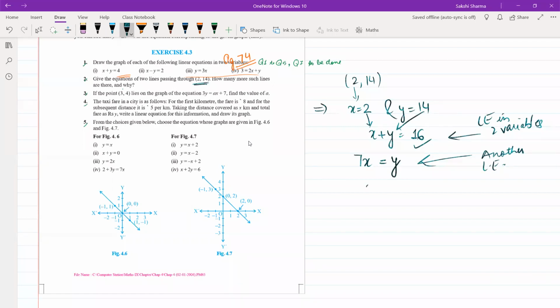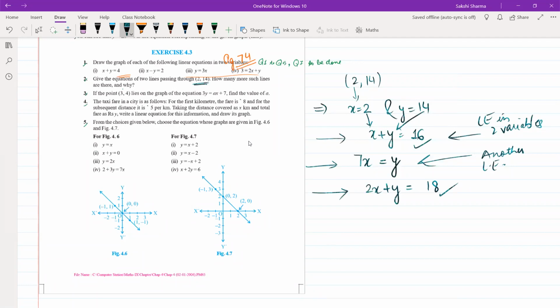2x plus y equals to 18. 2x will be 4, and then 14 added to it will give you 18. So you can just use these values and form an equation on your own. Now, I have made two. One of them has been given to me by Saloni.